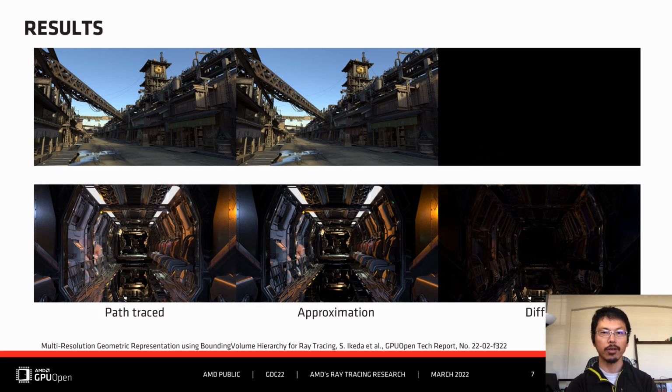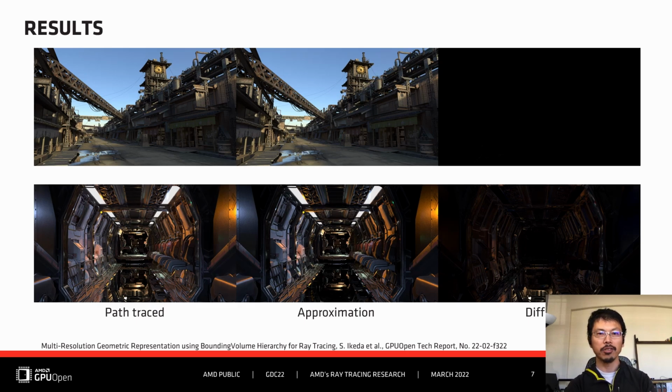On the second example, where we have quite a lot of indirect illumination effect, we can see some difference, especially at the floor where we see a lot of reflections. And it is true that this method does make some difference in the visual. However, we can see that it is doing a pretty good job. So if I only show you the image on the center column, you may think this may be the reference. Yeah, there's no visible artifact, but the result is just a bit different.